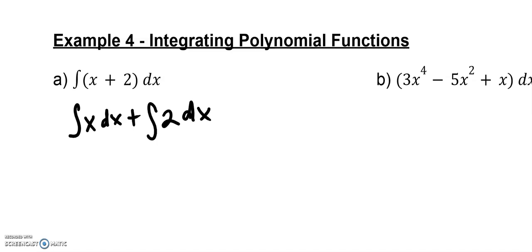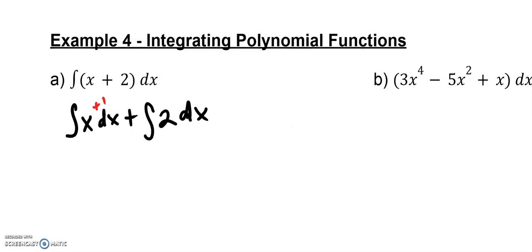You can think, what function has a derivative that's equal to x and 2, or you can use that polynomial rule we learned in the last video, is everything is the opposite of finding the derivative. So the last thing I did for finding the derivative will be the first and opposite thing. So instead of subtracting 1 from the exponent, I'm going to add 1 to the exponent, and there's already 1 there. And you can imagine there being an x to the 0 here, so you would add 1 there as well. So this would be x to the 0, and that would be x to the first, so it would be